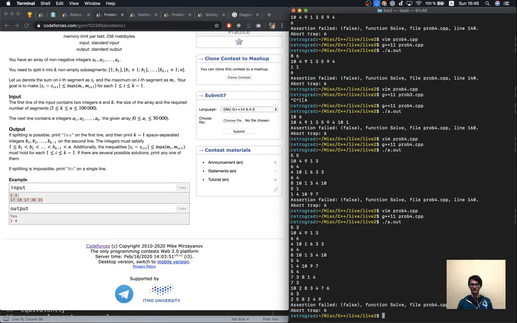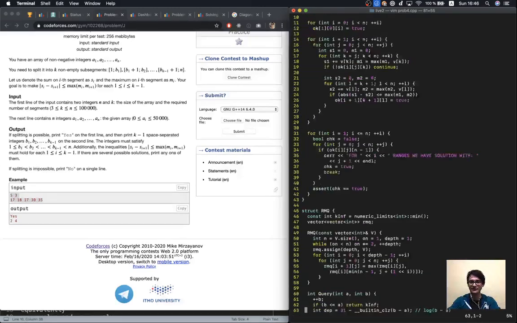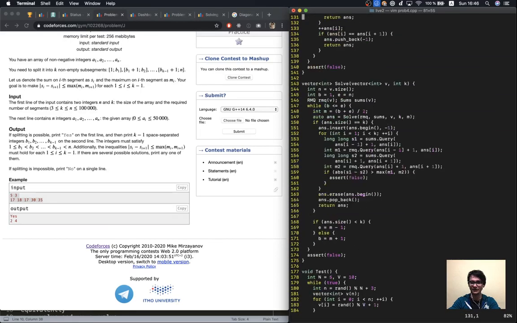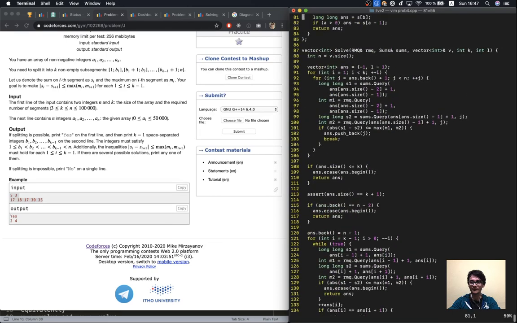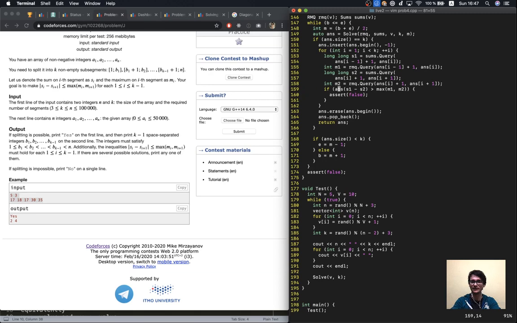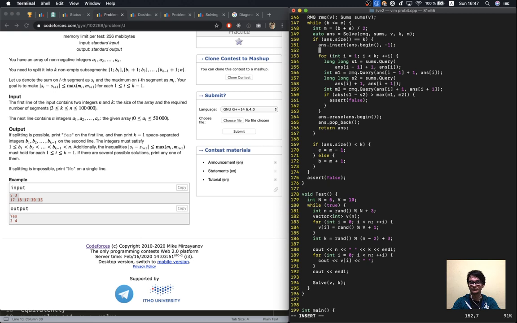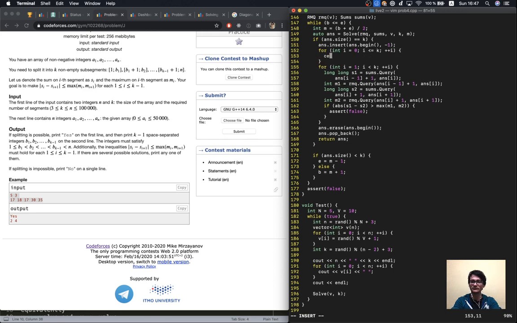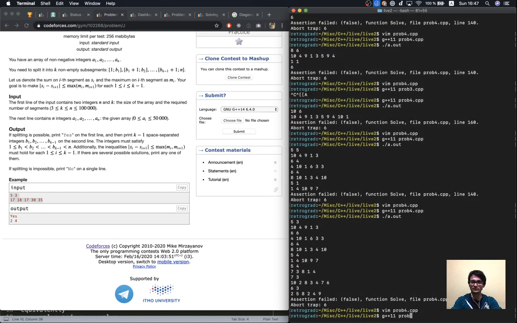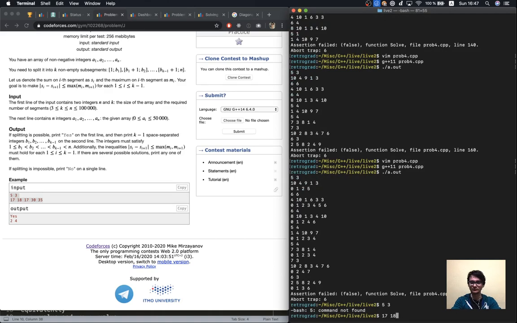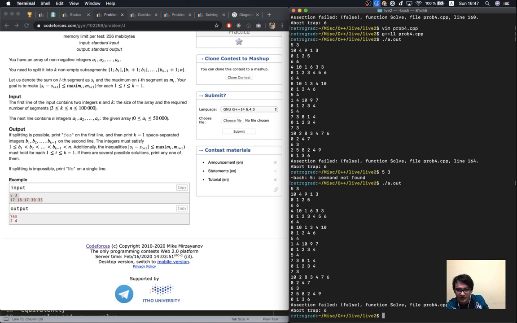6, 3. 2, 5, 8, 2, 4, 9. Let's output also the solution and we'll work through it together. Where am I asserting false? Here. So it says that it's doing 0, 1, 3, 6. So it's ending at 1, at 3, and at 6. And what is incorrect about this? The fact that